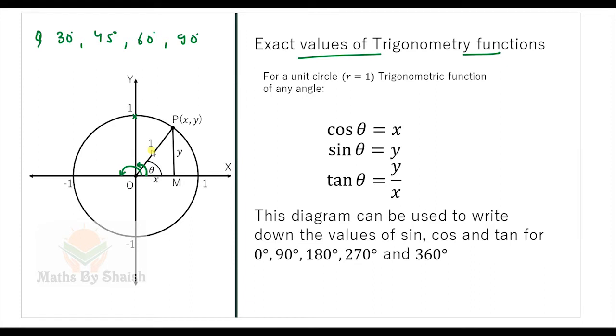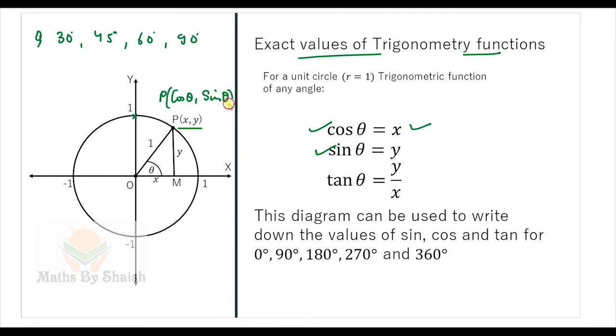If we take any point on the coordinate axis, it of course contains x and y. So x is this distance, y is this distance. If we take cos theta, it is adjacent upon hypotenuse, so cos theta is x, as the hypotenuse is 1. And sin theta is opposite upon hypotenuse, so sin theta is y upon 1, that is y. So any point on the unit circle will always be represented as P of cos theta comma sin theta.